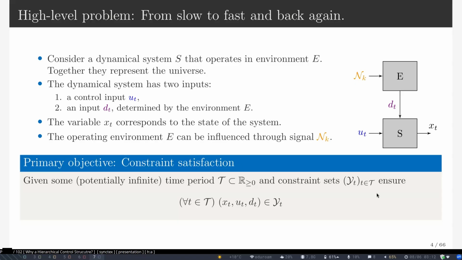And again, as an abstraction tool, it's just the coupling between the environment and the system. I call a variable X to correspond to the state of the system. State is memory, and whenever I talk about the state, I talk about memory. And there is this other thing: even the environment might be influenced by another variable. These are things that might come from somewhere else, other systems interacting with the environment, etc.